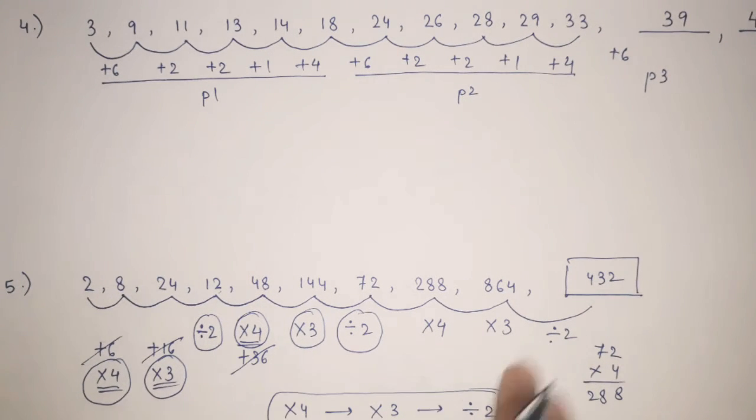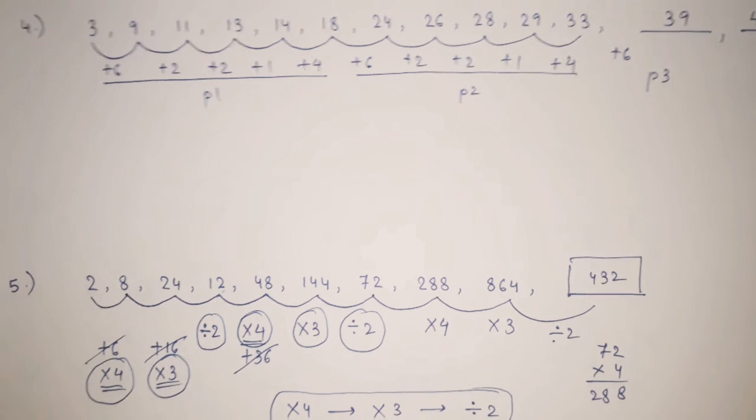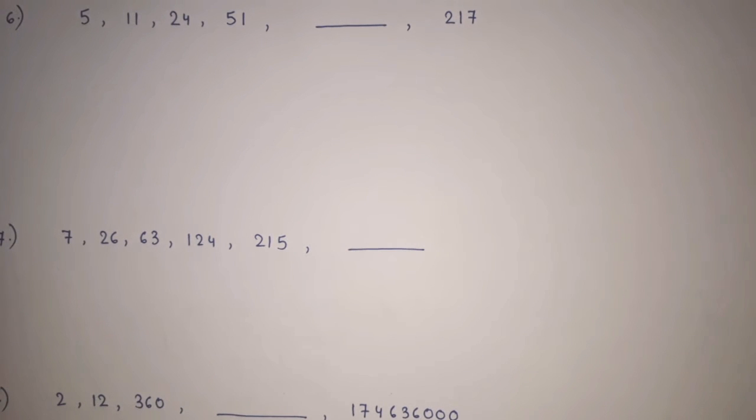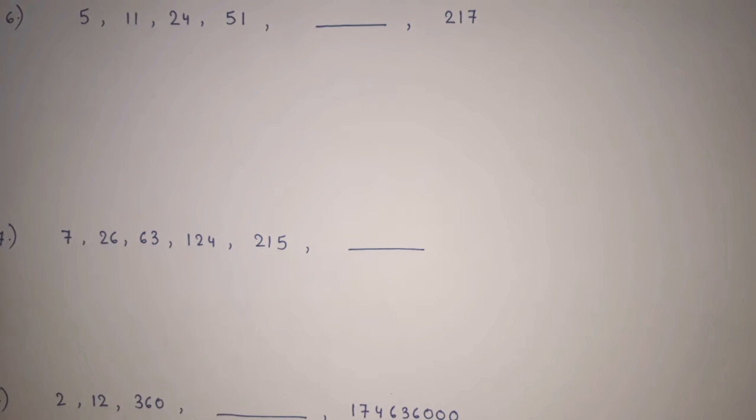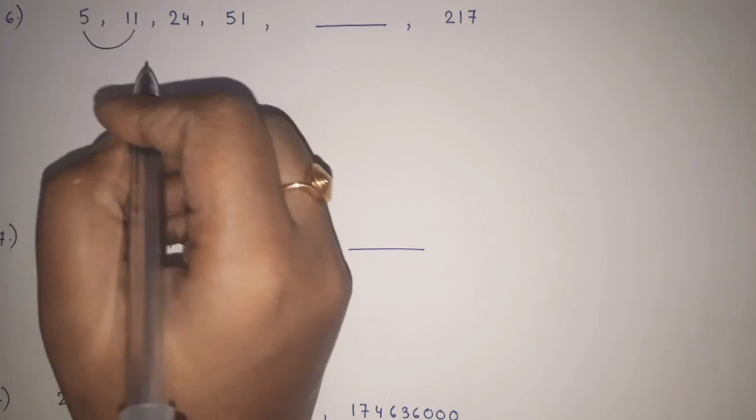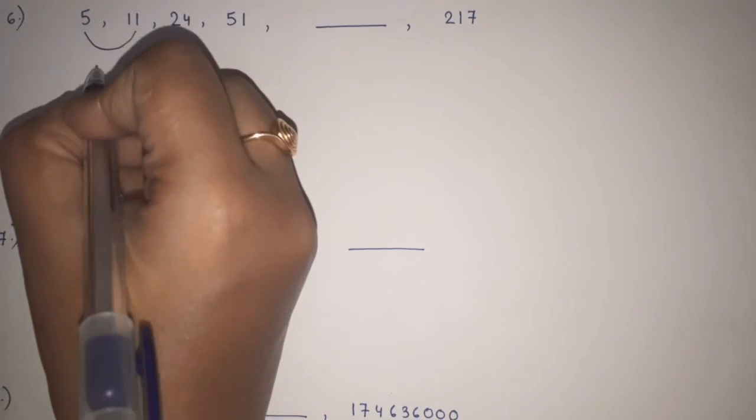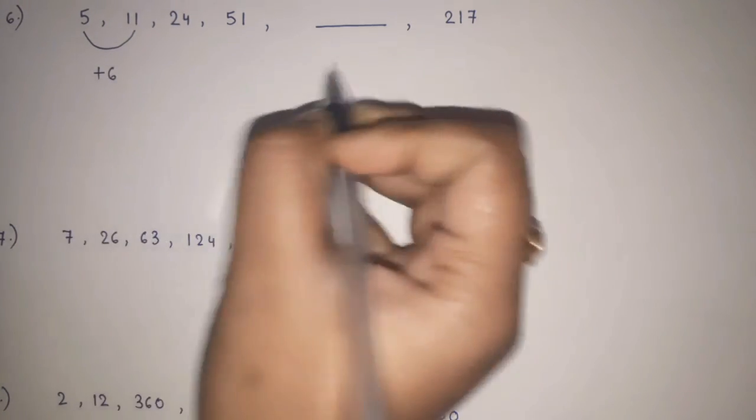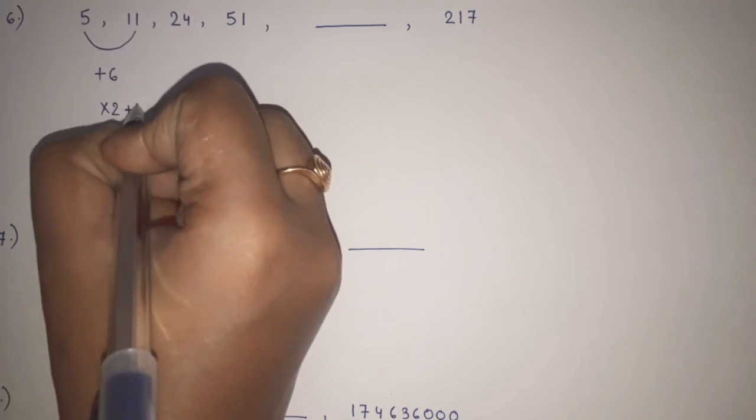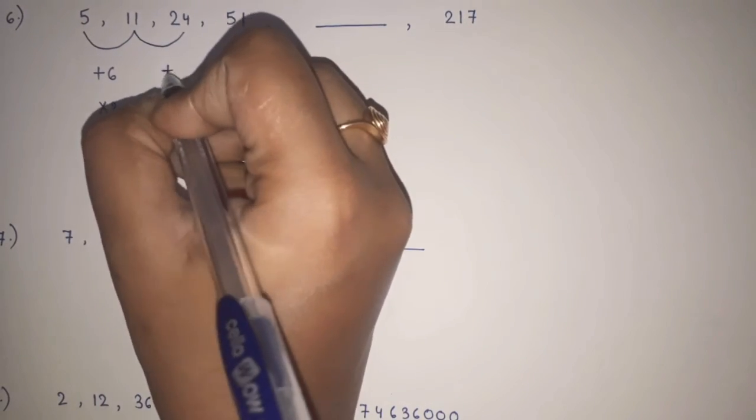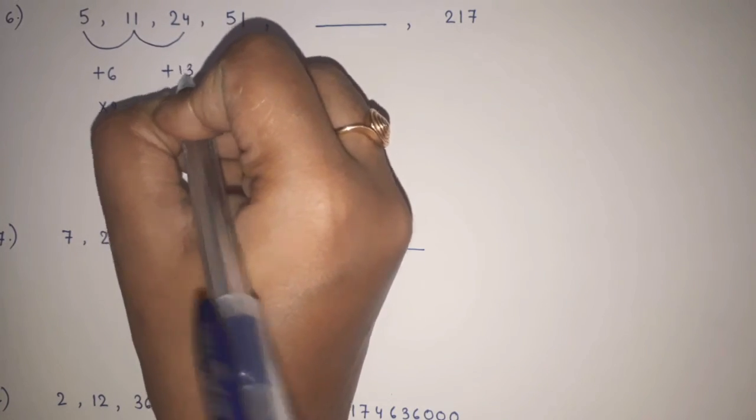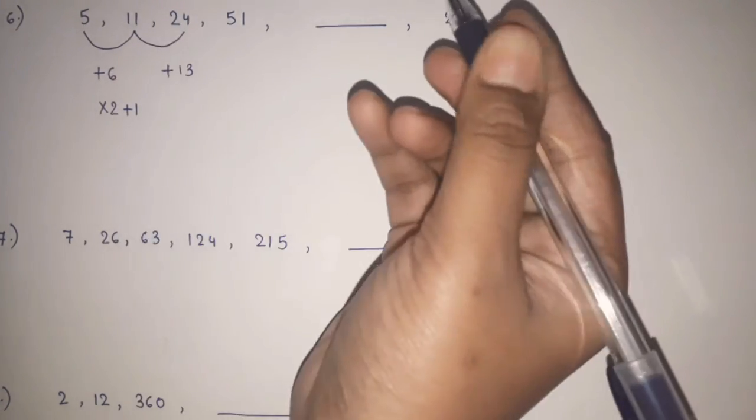So in this way we have already seen 5 different types of examples. Let us solve some more examples to get a clear idea. Now let's see this next question. 5, 11, 24, 51, dash, 217. So if we see these two numbers, 5 into 2 is 10 but here we are having 11. That means it can be either plus 6 or it can be into 2 plus 1. Okay. If we check these two, it can be either plus 13 or it can be 11 into 2 is 22